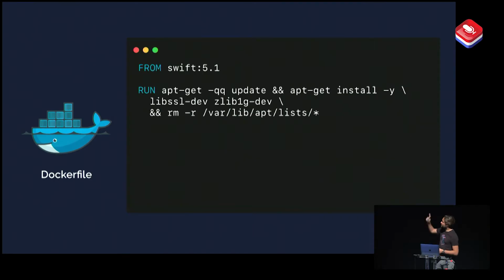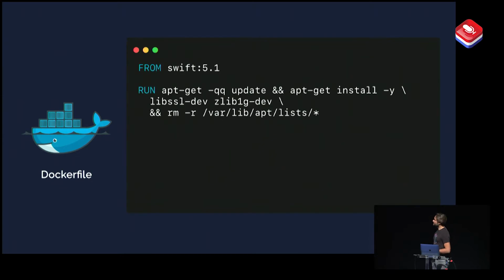We are indeed speaking about Docker, and Docker needs a Dockerfile just to implement the image, just to declare all the stuff you need for it to work. And first, you just want to tell it that you're using Swift 5.1.